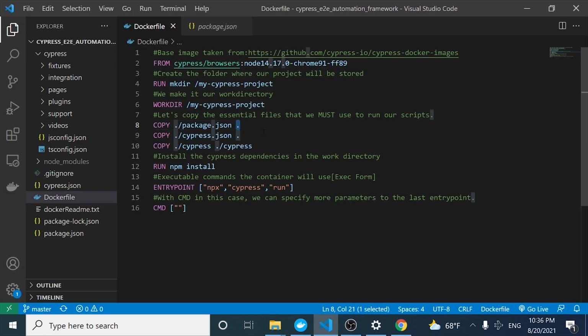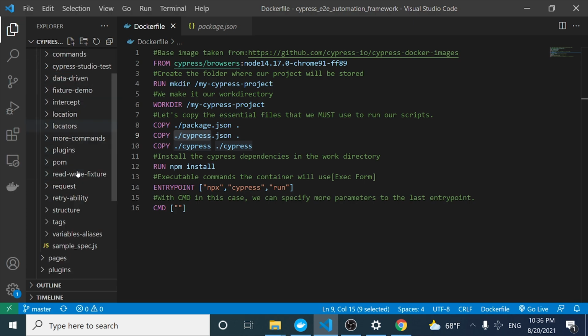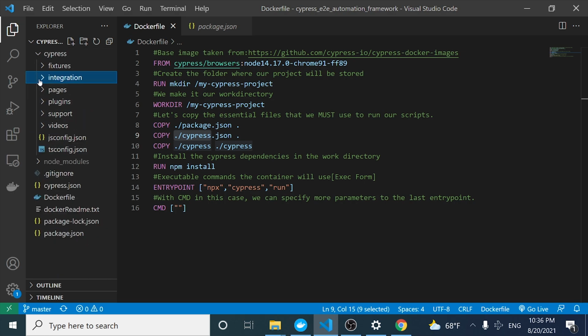Okay. Then the next step is actually copying the Cypress folder that we have here, which contains all the different stuff that we need, right? For example, the fixtures. It actually has the scripts in the integration folder over here. Well, it has everything, right? The plugins, the support. It also has the videos folder, and so on. That's another thing that we need. And at the end,